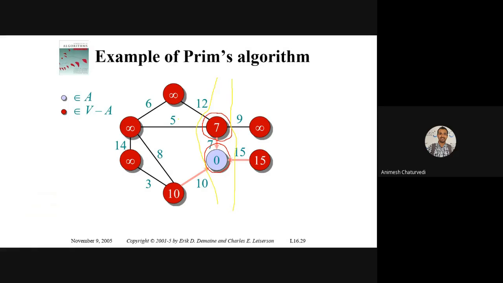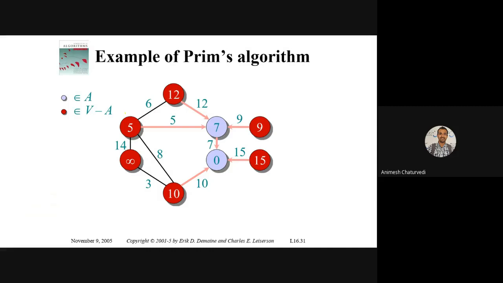After that, what you will find is the minimum among all these cut set crossing edges, which are like 12, 5, 10, 15, and 9. So the minimum would be 5. So 5 will make this node discovered. So this node is being discovered.